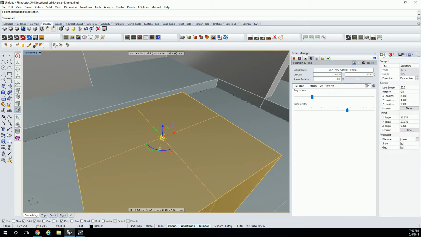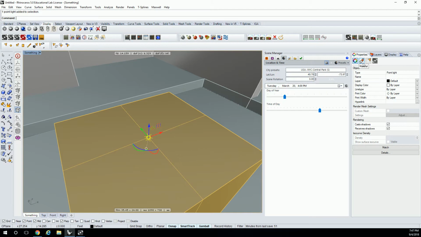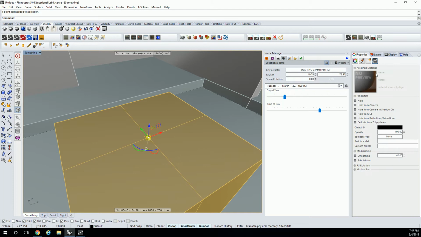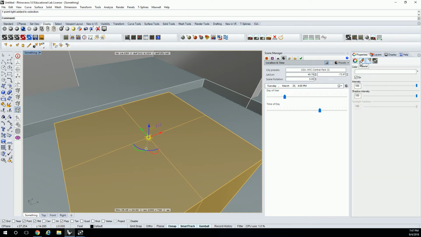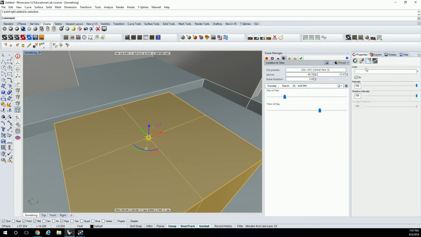In Rhino. So remember, these are Rhino objects. So go into Properties, and what you're going to find is that these tabs here will allow you to modify what the properties are of this object. It has Maxwell properties, light properties, material properties, and your typical object properties, which most of you are very familiar with by now. What we're going to do is use the light properties, and we're going to move the intensity